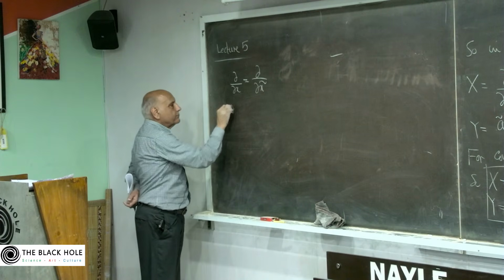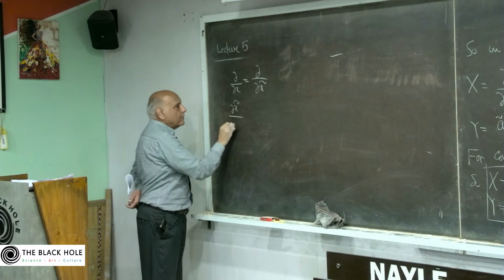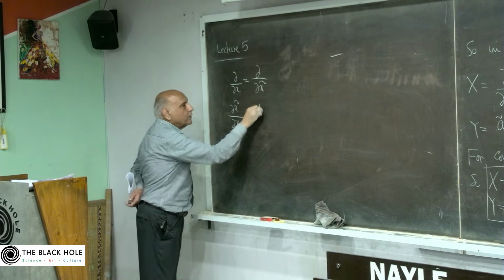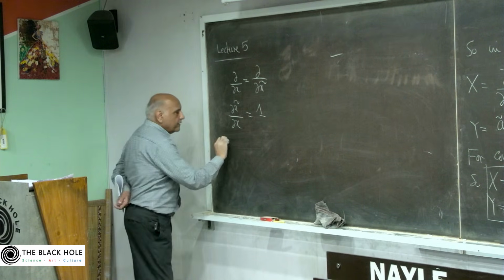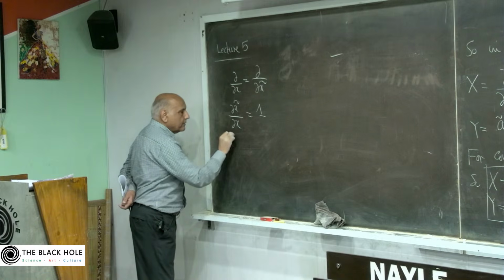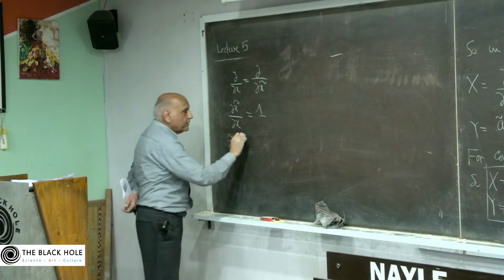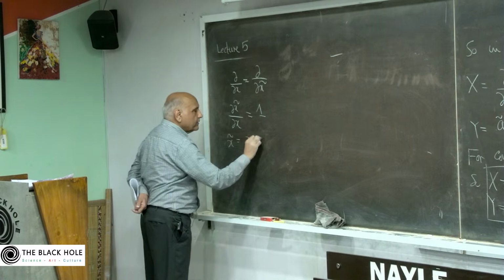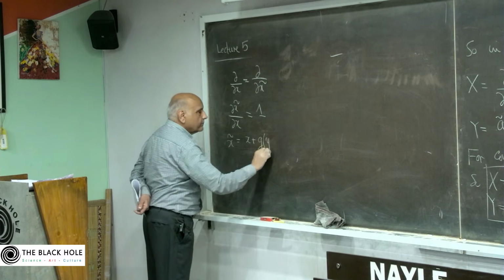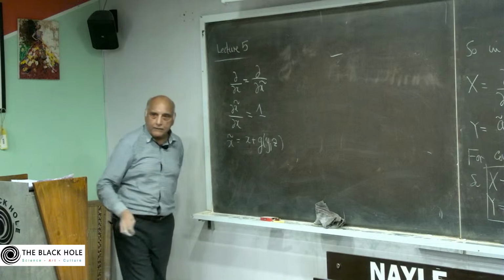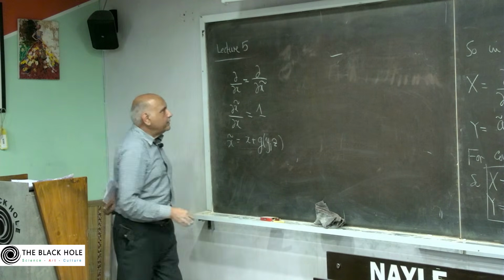Partial x tilde is equal to 1. So x tilde is equal to x plus some function of y and z, right? And